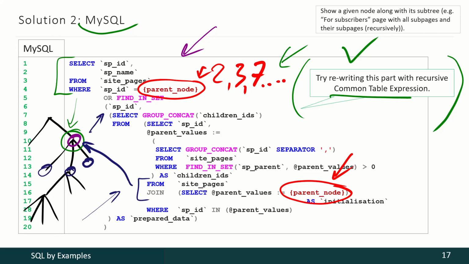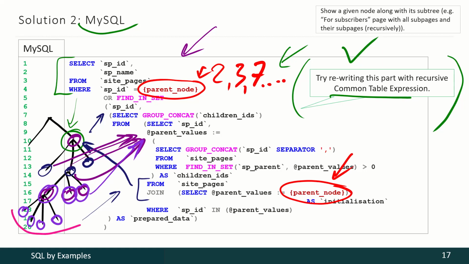Here they are. But as these values will be added to the set of parent nodes, on the next step, these nodes will be selected, as this node is the parent for them all. Then all these nodes will also be added as parents for the next nodes, and those nodes will be selected. And on this step the process will stop, because there are no children nodes for these ones. But finally this subtree will be selected and returned by our query.